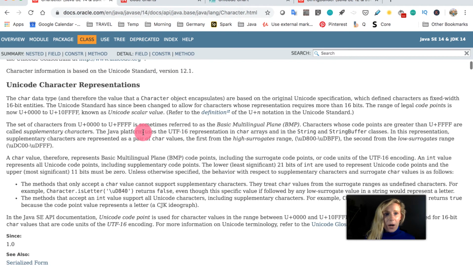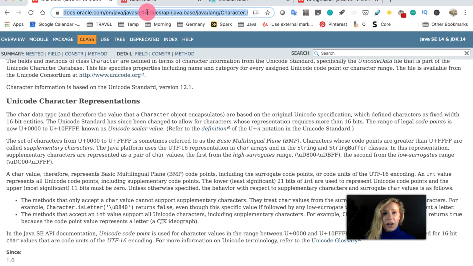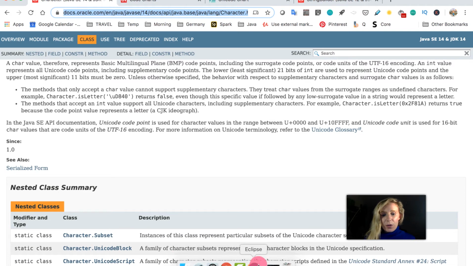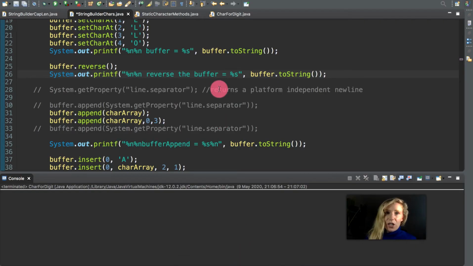We always take from the Oracle website. This is the Standard Edition 14 at the moment. So this is what I'm looking up because it's the latest one, and that's what I've used within my Eclipse as well, Standard Edition 14. So it's Standard Edition 14 JDK that I'm using, so that's what I've downloaded to